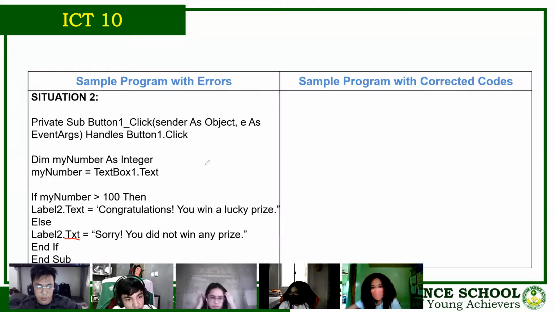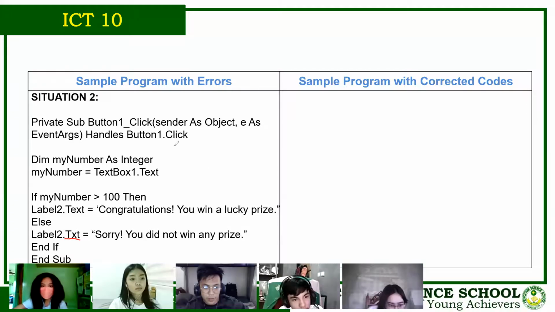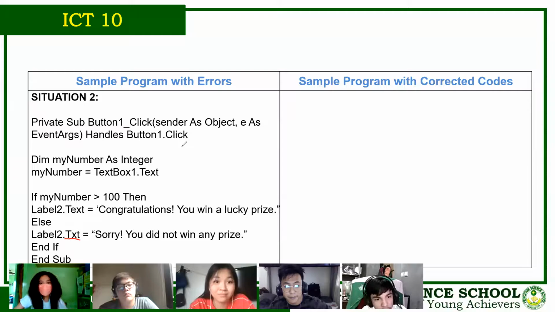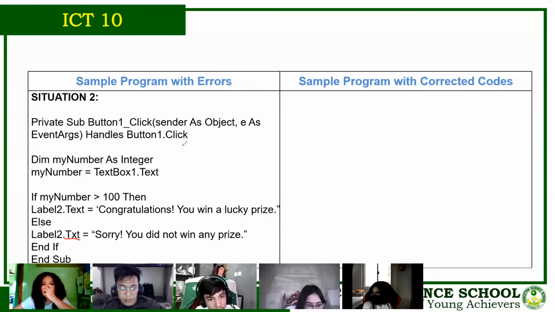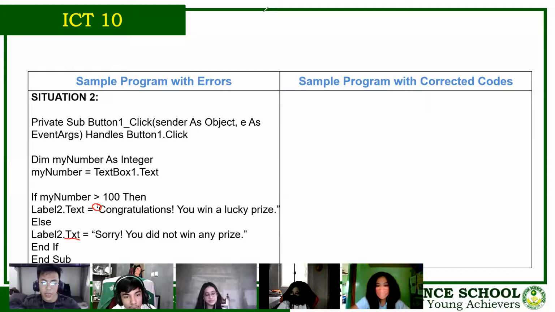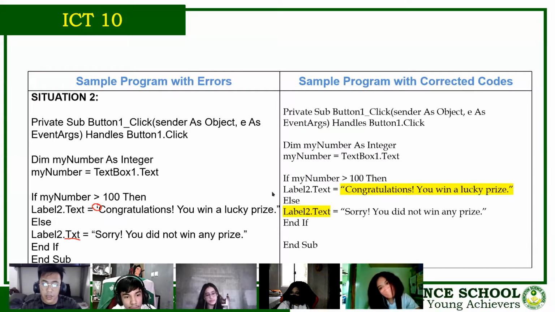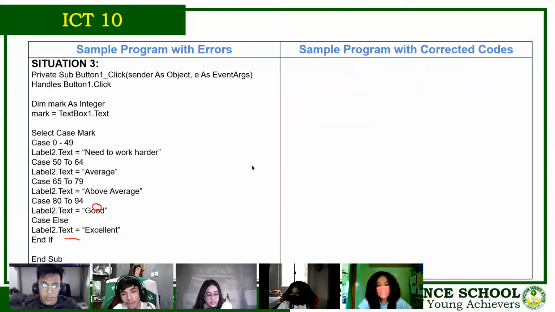Yes, Dumas. For the congratulations you win a lucky prize, it should be a quote, not an apostrophe. So it is this one. Those are the errors. What we're doing right now is the process of debugging. And then when we look at our corrected codes, those are the corrected codes. And then for the third one,